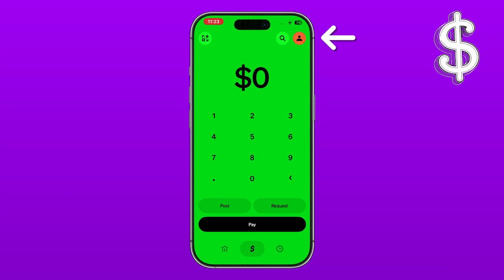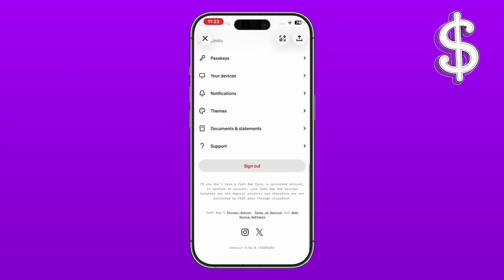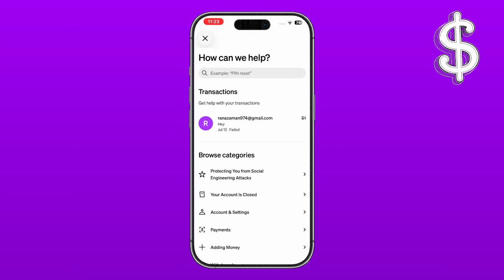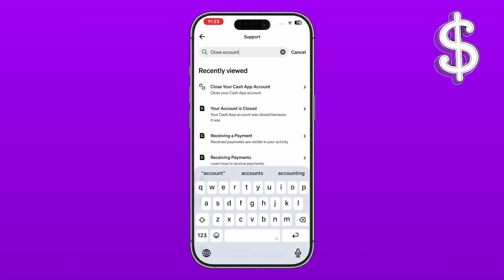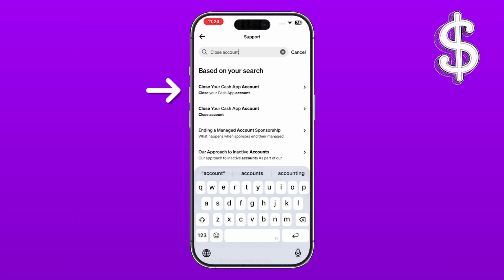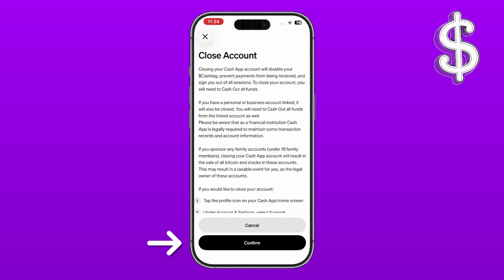Next, tap your profile icon in the top right corner. Scroll down and select Support. In the Support section, use the search bar and type Close Account. Open the Close Your Cash App Account help article, then tap Close Account or Get Started, depending on the version